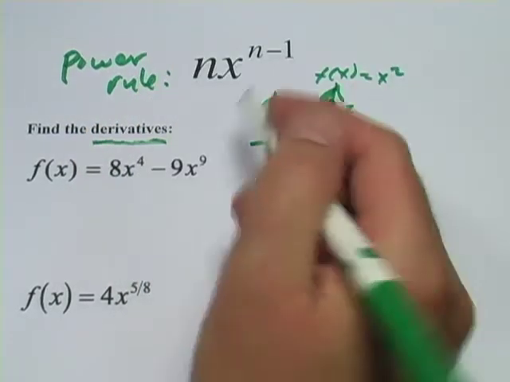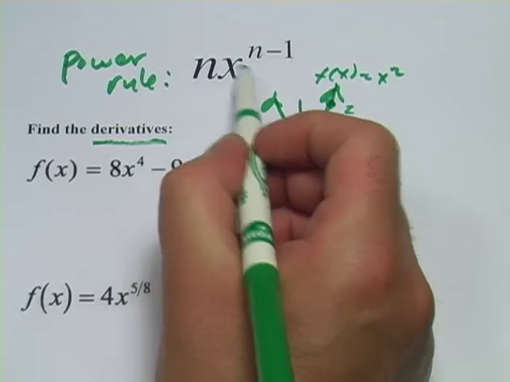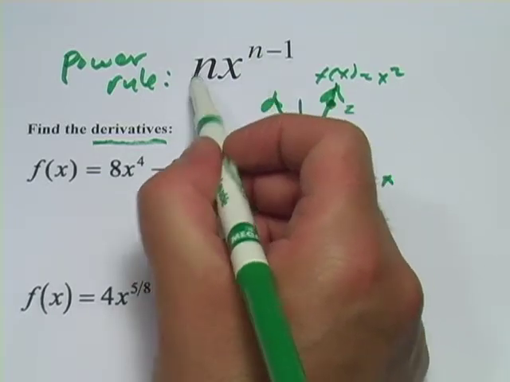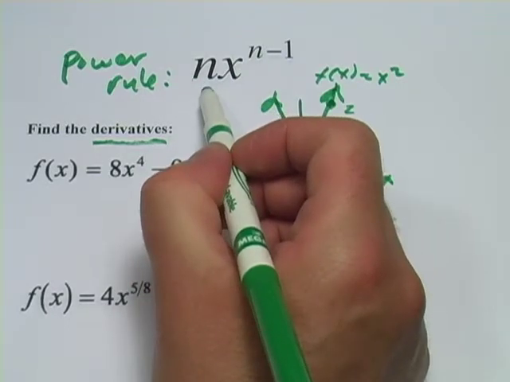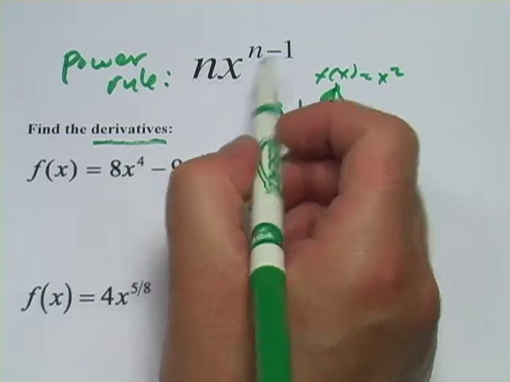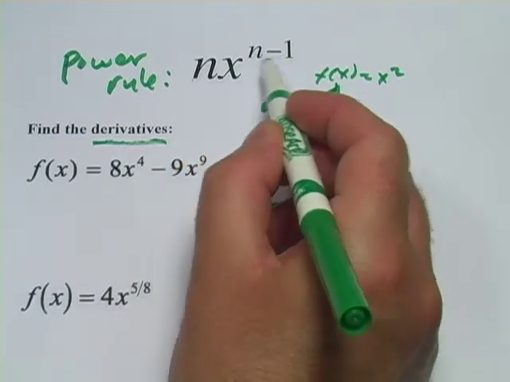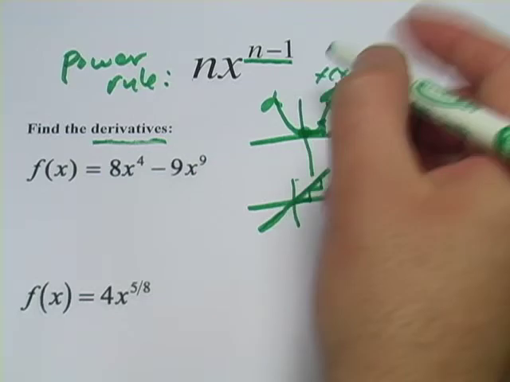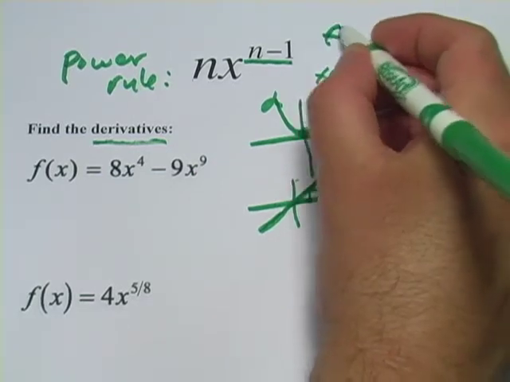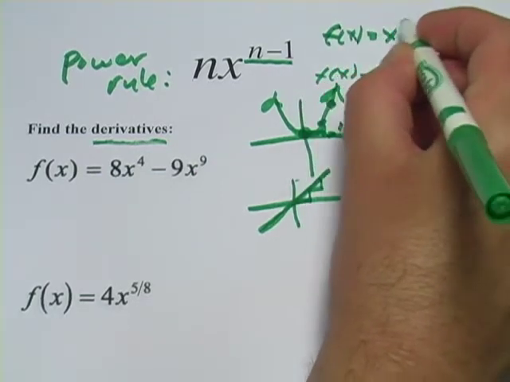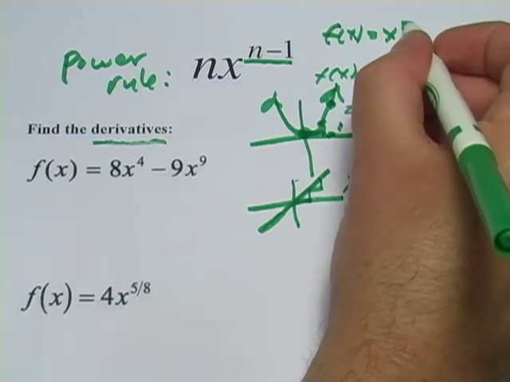And what you're going to do is take the power and bring it down in front as a constant and multiply x by that power. Then you're going to subtract 1 from the power. So for example, if we did our f of x equals x squared, I would bring that out in front